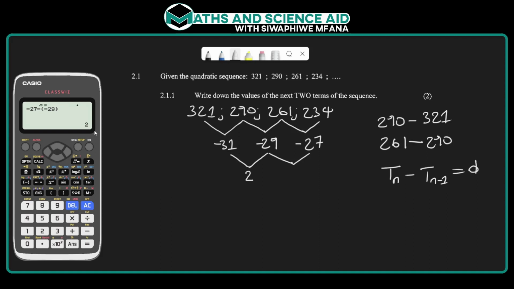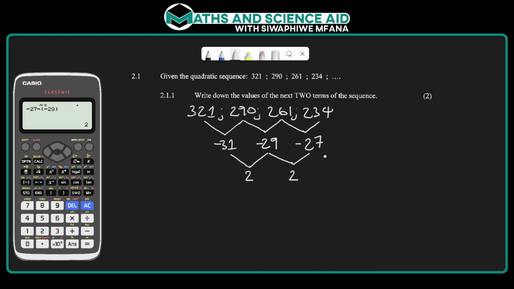And we're expecting to get 2 because this is a second difference of a quadratic sequence, and we expect it to be constant. And so basically, the first difference from a quadratic sequence is actually an arithmetic sequence, which is why when you are finding the difference from that first difference, you get a constant difference. Okay? And now, in order for us to answer the question,